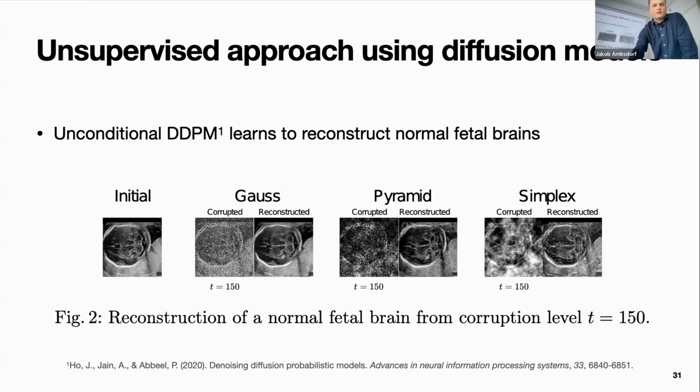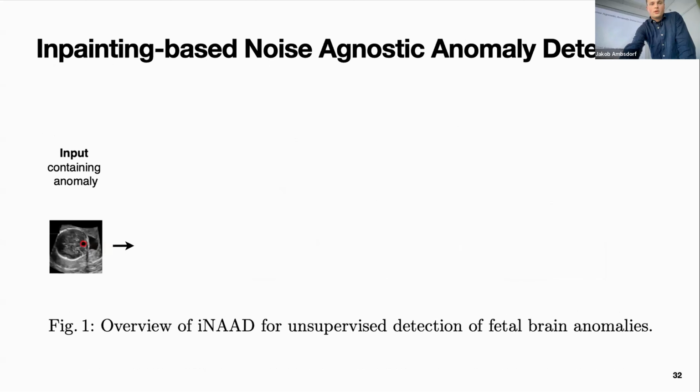And now, how do you use it? We have a model that can produce images and can reconstruct images. How do you use that for anomaly detection? During inference, we're done with training. We take some input, and that may or may not contain some anomaly. In this case, we have this anomalous region, which is a cyst, and it has been circled by the clinician we were working with. This is not actual input to the model. The model doesn't see the red circle.